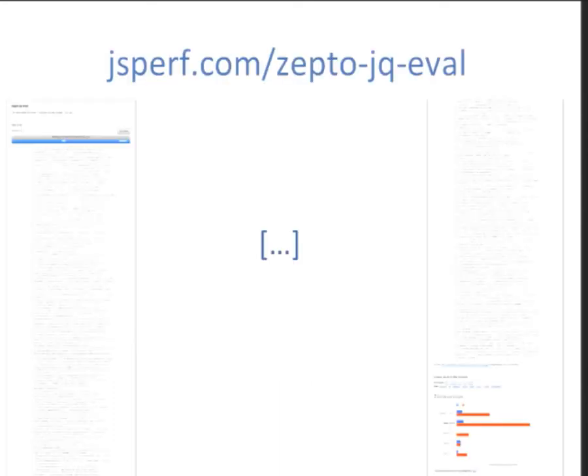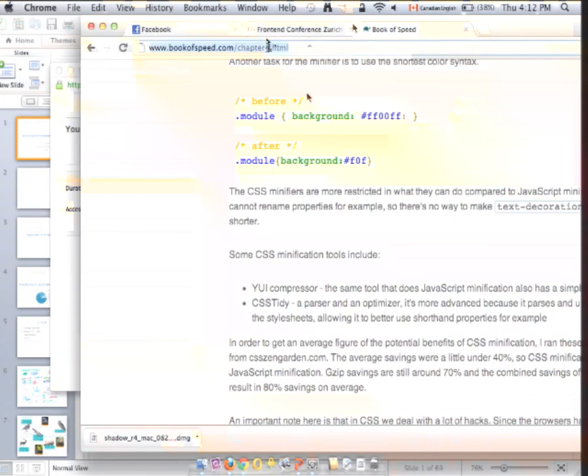And what is the cost of doing this? If you have a phone now, because I only tested with iPhone, go to this URL, jsperf.com/zepto-jq-eval. It'll be really nice to see some results from other browsers. So if you go there and have a little bit of time,